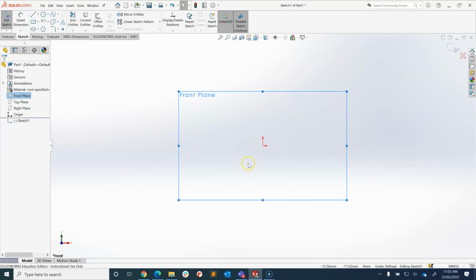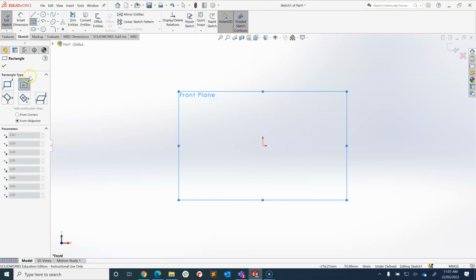So I'm going to be drawing it on the front plane. And we're going to make sure that this one is center drawing rectangle. So it's going to draw from the center out rather than from the side down. And I'm going to center it on the origin. So I've not clicked anything yet. When you hover over those red arrows, the cursor turns to a little orange dot, if you can see right at the tip there, and the hover looks like there's an intersection between 2 points, 2 lines. So I'm going to be drawing from here,